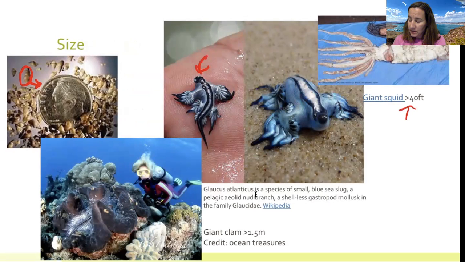And then this gigantic clam. Look at its frilly edges. It's a really big one. Beautiful here. So all sorts of different sizes in here. Over 40 feet. Tiny little bitties that you can't see with the naked eye, but they look like grains of sand. They're so small. Lots of different sizes of these.